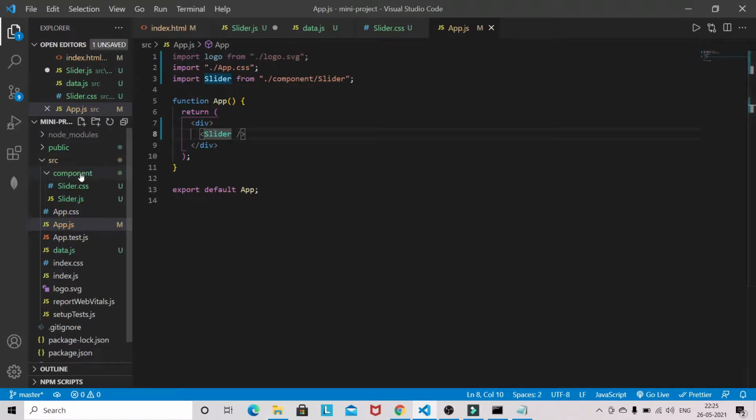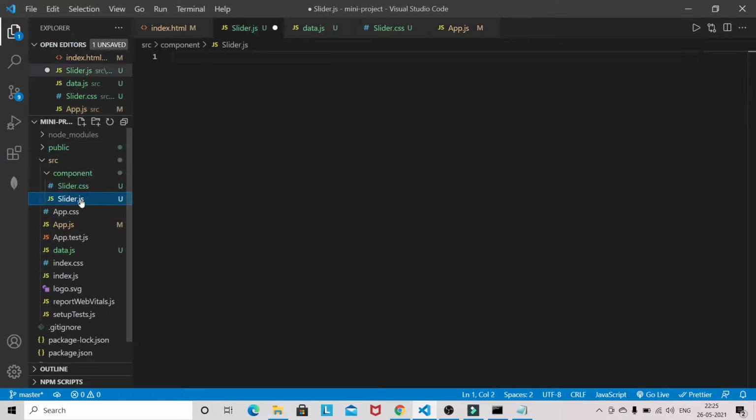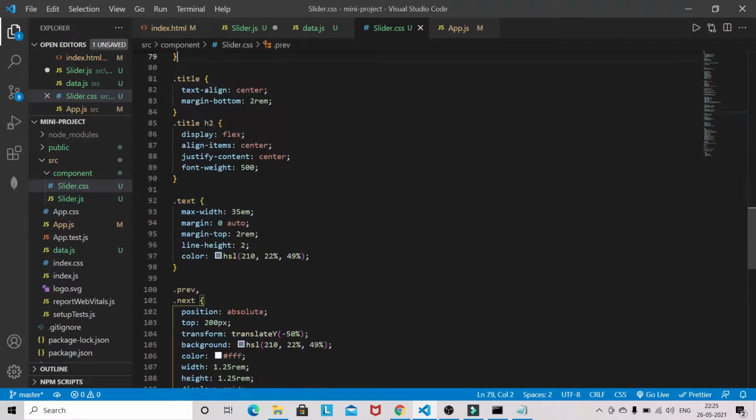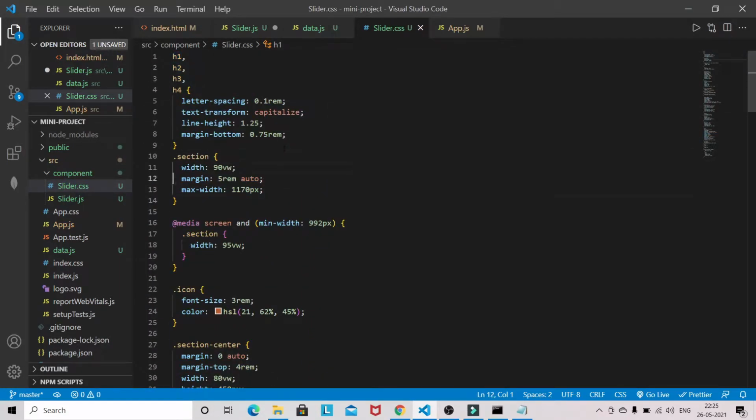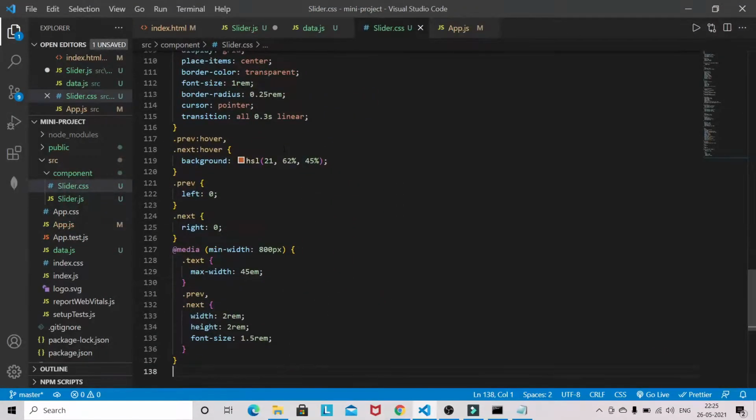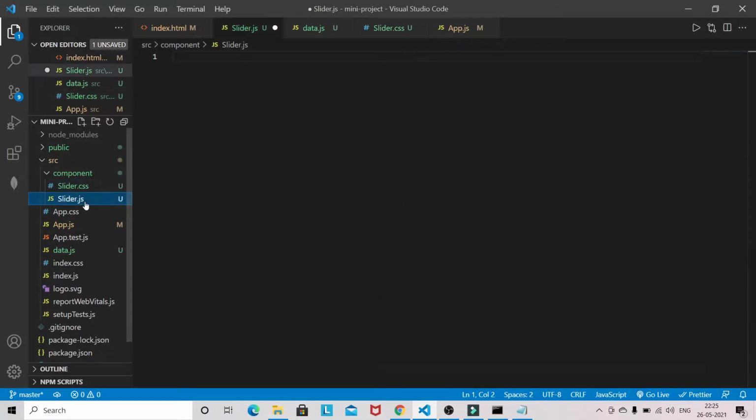The slider component is inside the components folder, and as of now it's just empty. We also have this CSS file with some styling, using class names which we will use in the slider JavaScript file.